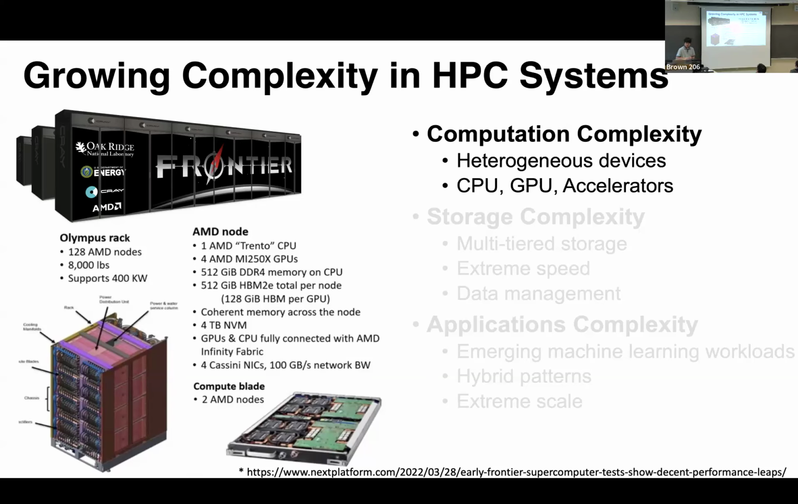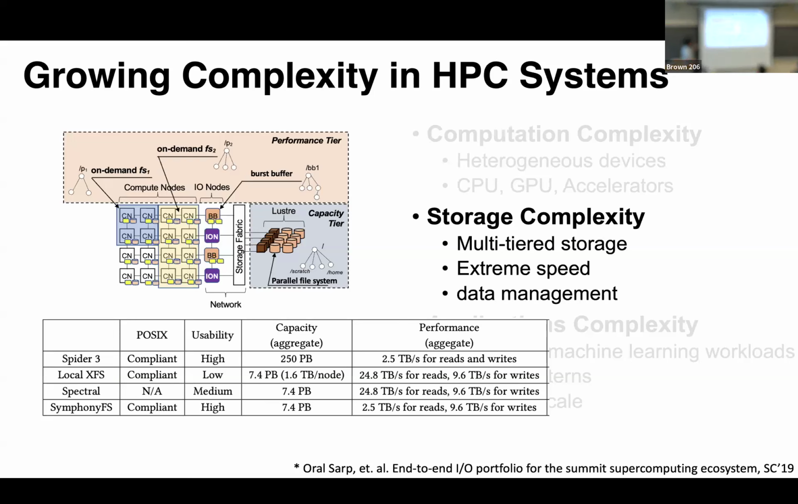And the second is the storage complexity. The storage complexity comes from the multi-tiered storage systems that are widely used today. Here I show a very high-level abstraction of what the storage system looks like in HPC systems today. The rectangles here are the computing nodes, and this is the storage system that people often consider as the storage of an HPC system. But today, HPC storage systems have become so complicated. It includes